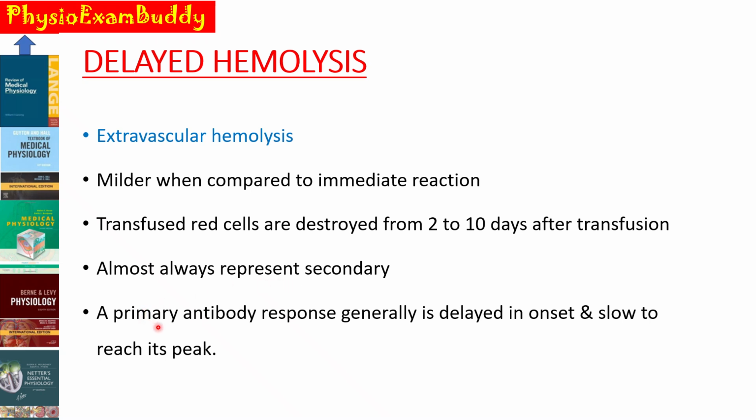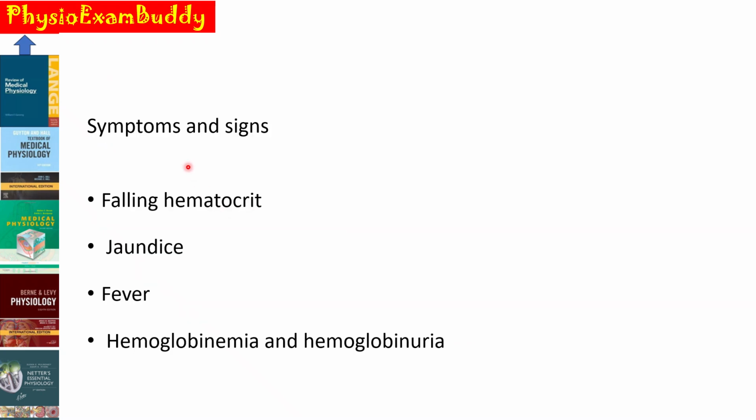That is, usually a primary antibody response is generally delayed in onset and slow to reach its peak. The main signs and symptoms you can get in case of delayed hemolysis are a falling hematocrit value, jaundice, fever, and hemoglobinemia as well as